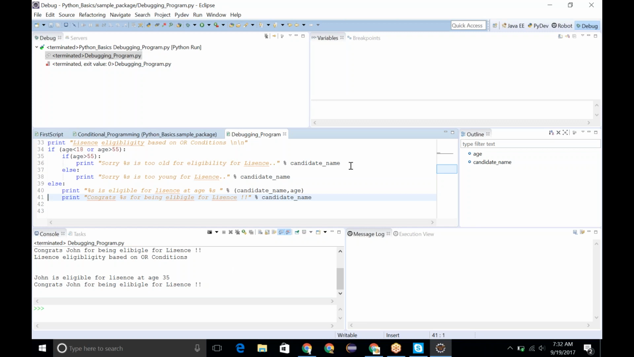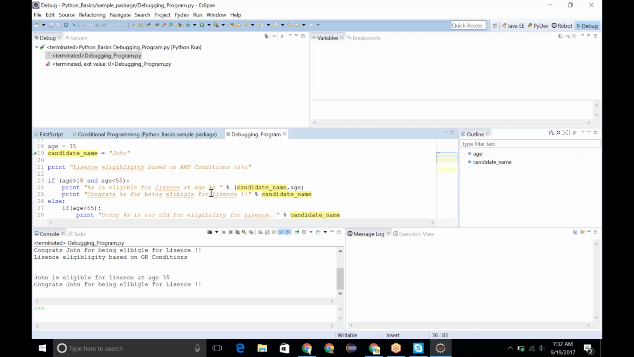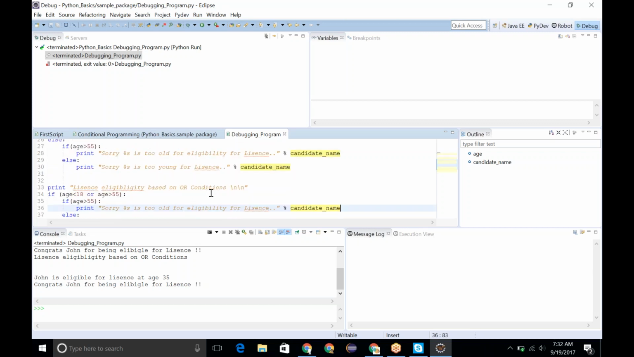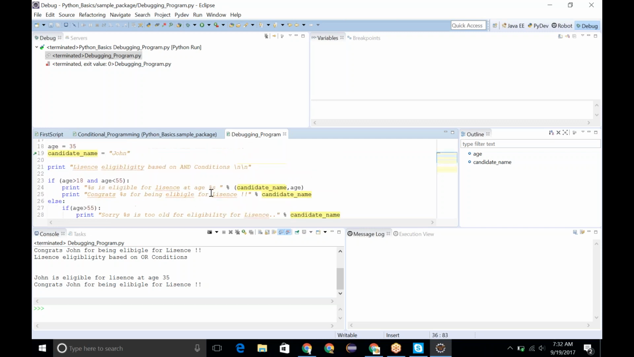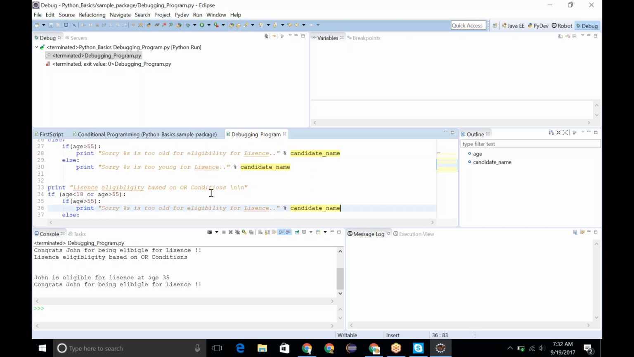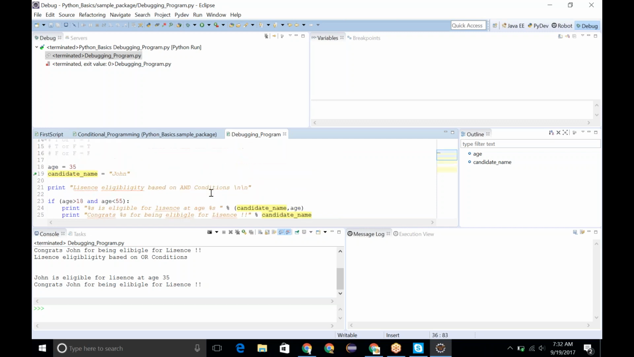Now, you saw there was no error and our logic is working correctly, right? But if there is no error but the logic doesn't make sense,